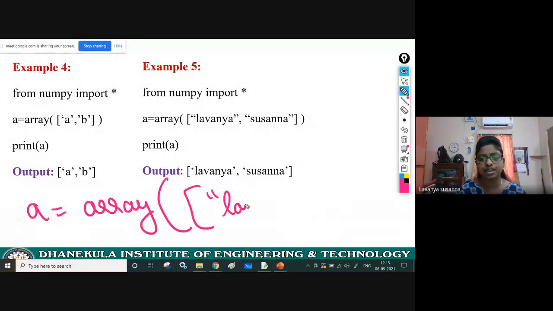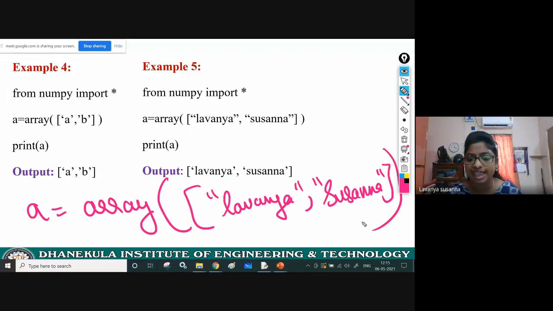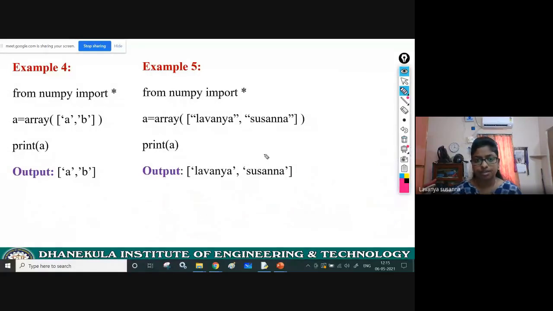In that I am specifying Lavanya, comma, Susanna. Like this you have to create the array. Here I have given two strings, Lavanya and Susanna. In this way you can create a string array. See the output. I am printing A.